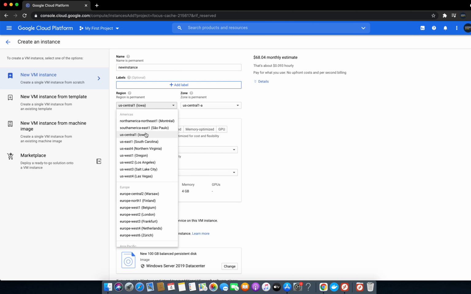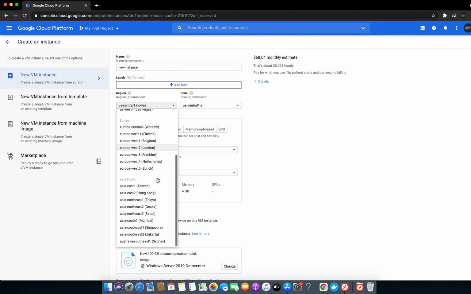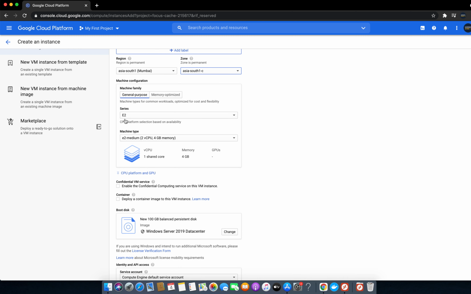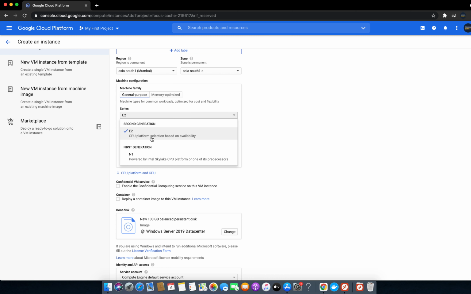So I will click on Asia, for example Mumbai, India, and this is the time zone. Here we have some options like general purpose. If we want to use it for general purposes, like just browsing and simple load tasks, we can go for general purpose.